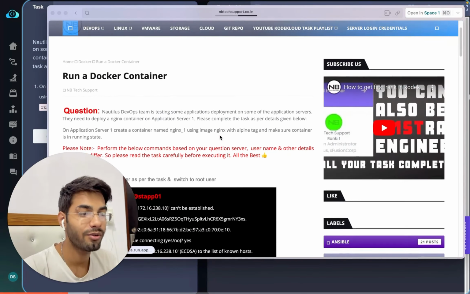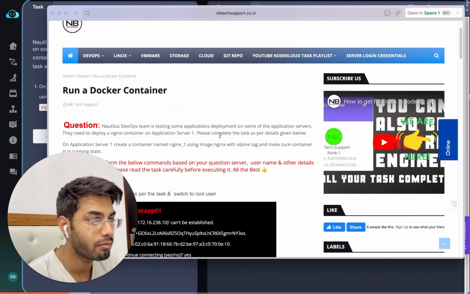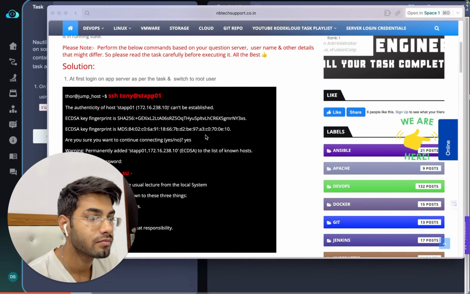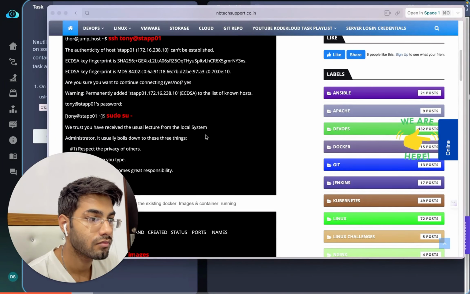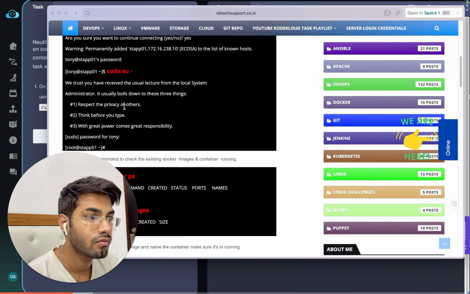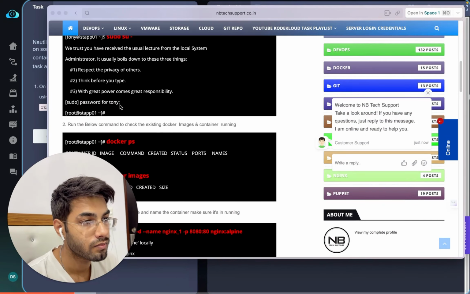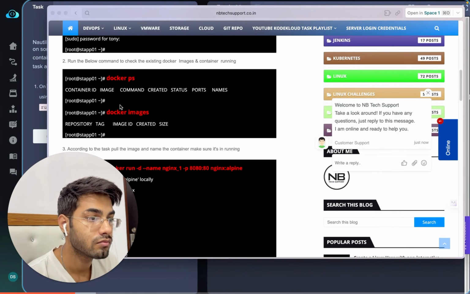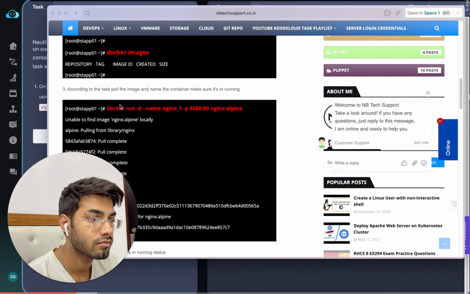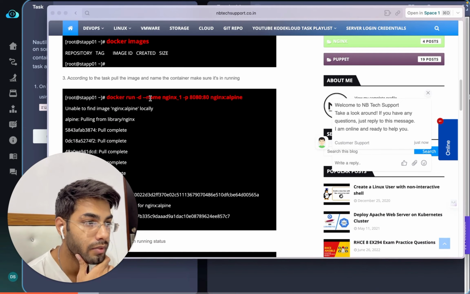I didn't know that this is the exact same one that I'm doing, but okay. Sudo, this is the thing. Docker run -d name